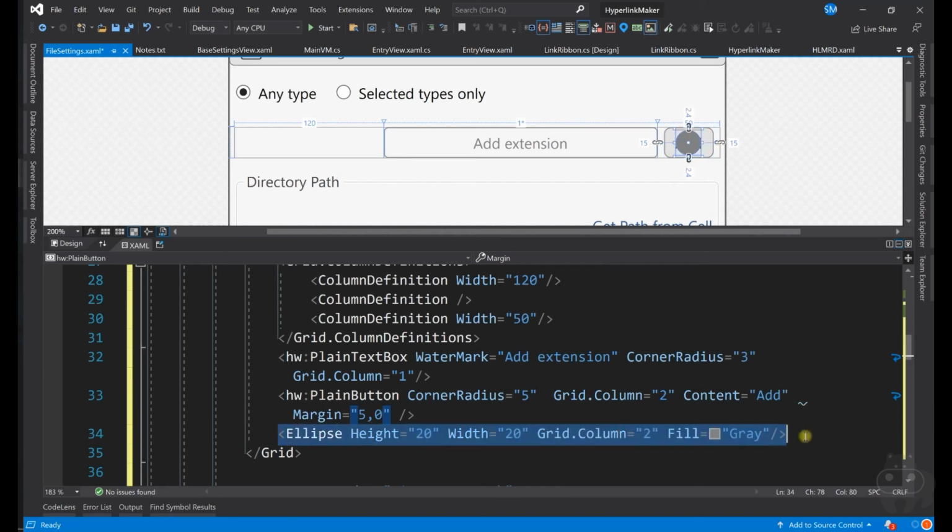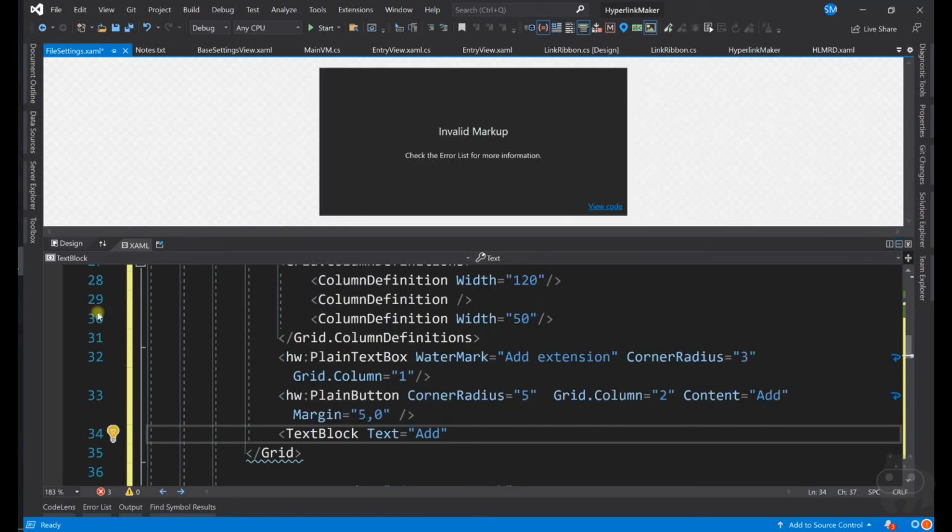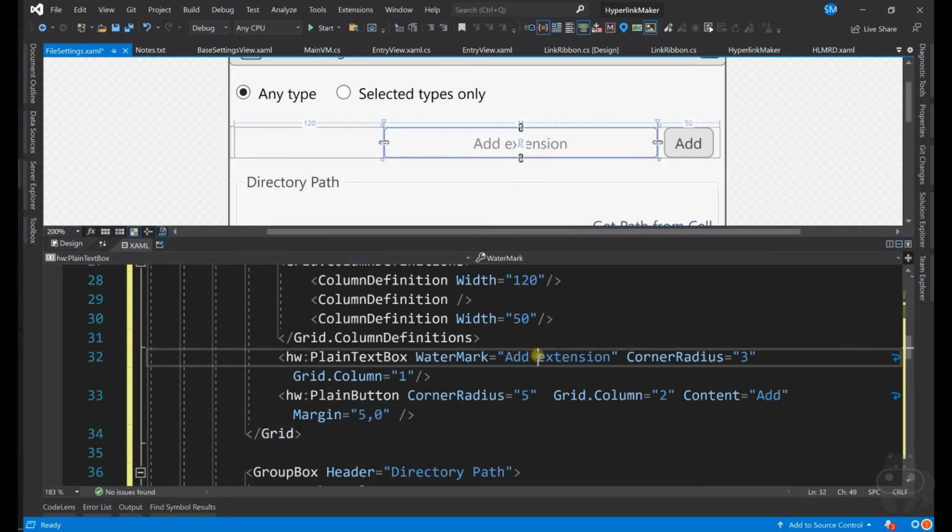And this one is not an ellipse. I need something called a text block. Text is equal to, what is the text? Add new extension. But I don't need a text block because we are already giving that in the watermark, so there is no need.